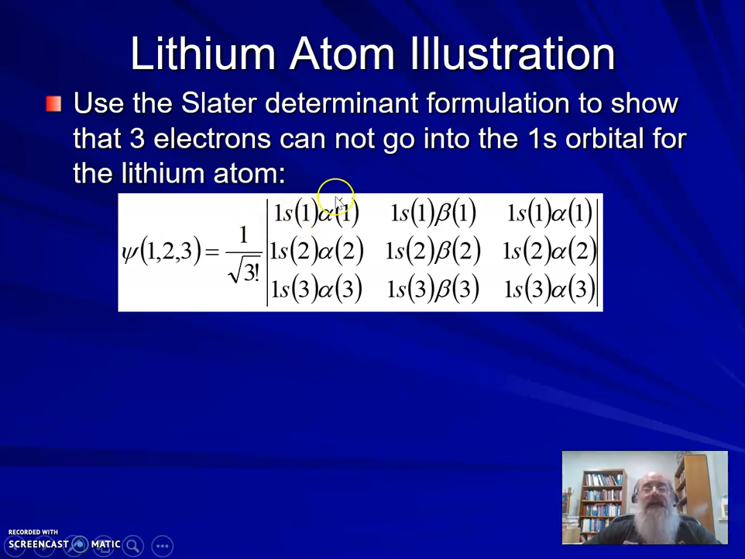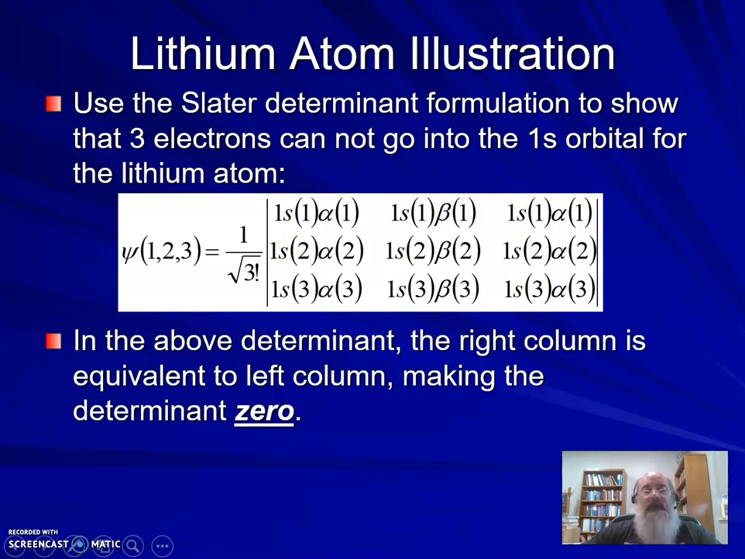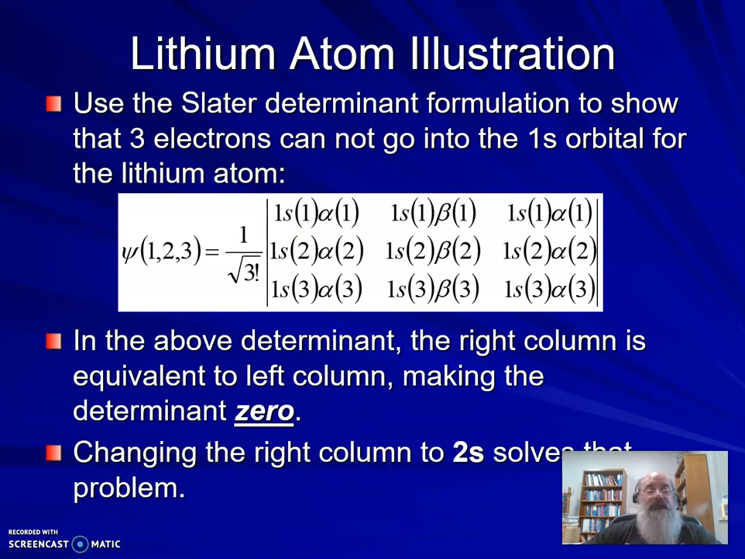And then, again, this is incorrect. If I'm going to do 1s alpha, 1s beta, and then I do 1s alpha, the first and third columns are identical to one another, and the determinant and the wave function would be 0. But if we change this column to 2s, we'll get a workable determinant, and that's going to be one of